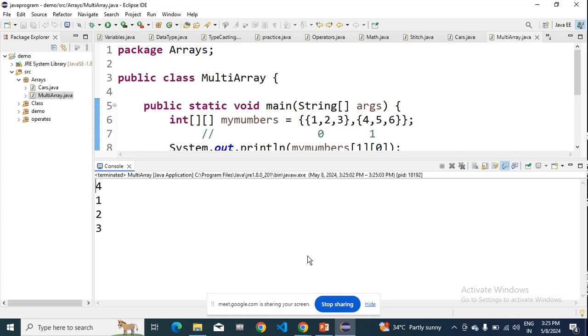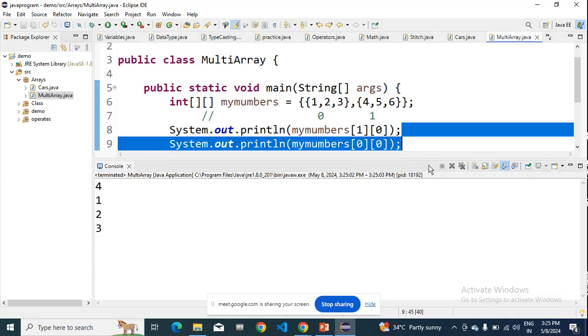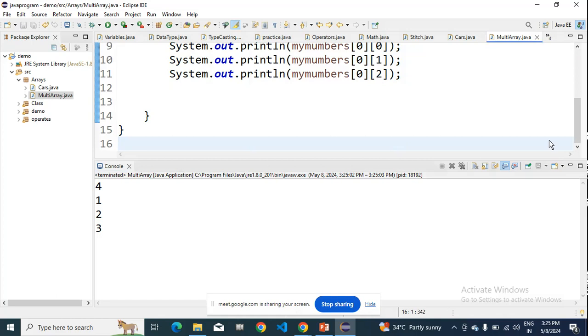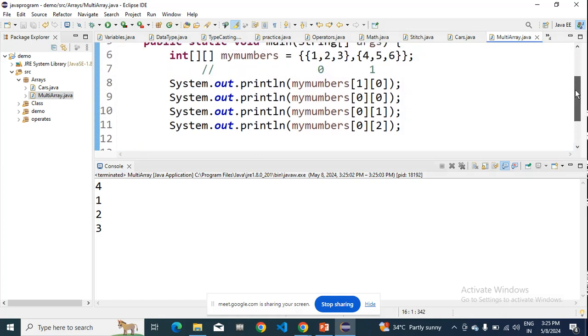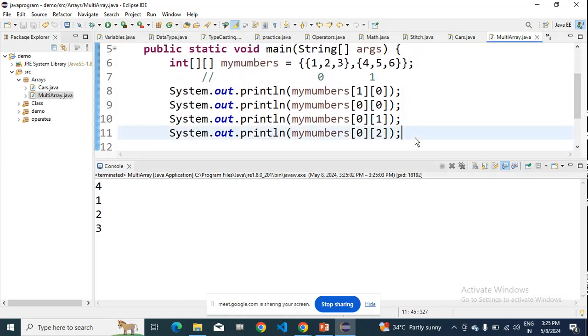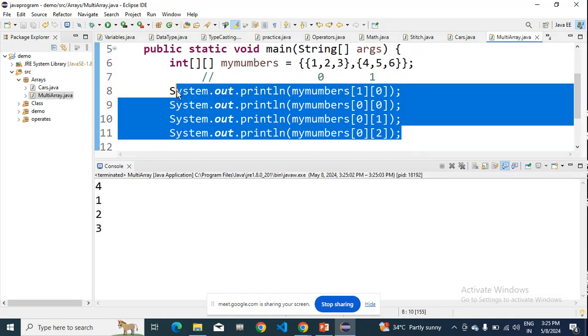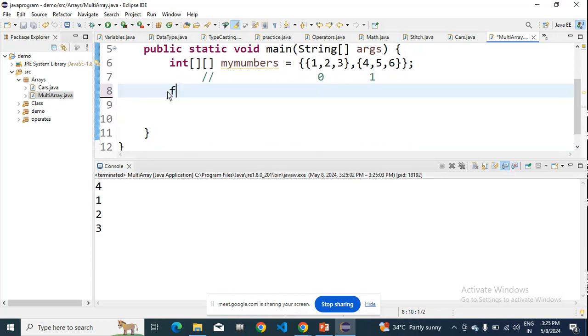And the same thing if you want to run it in the loop, it is a bit different. I'll tell you how it will work in this example only. Suppose I want to use a loop; this is only printing 1, 1, 1. If I want to do it in a single thing only, you can put it inside the loop. So here we will be using nested loops. Okay,